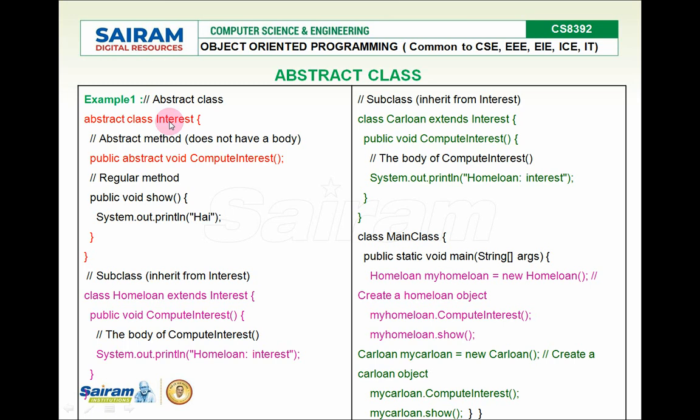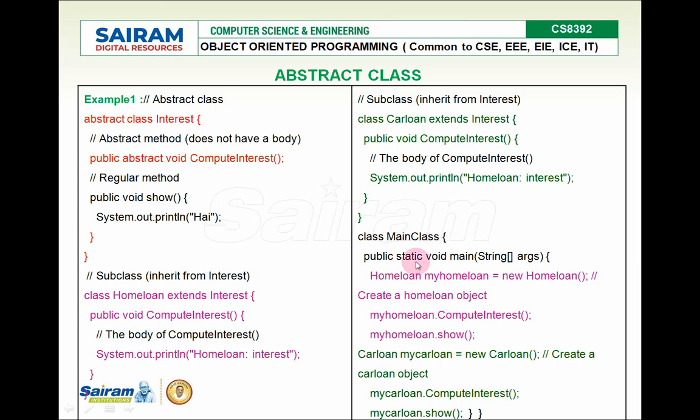So why are we having an abstract class? It provides the default functionality. In a banking application, they want to have a common class name called Interest, and it must have the common function name computeInterest. It's a skeleton or template. This template must be used by all the products in banking. HomeLoan is one product and CarLoan is another product. Like this, for personal loan and all the products, they must use the same function name. That is the requirement. For that only they are using the abstract method and the abstract class. Depending upon the product requirement, they can define their own functionality inside the common function name, computeInterest.